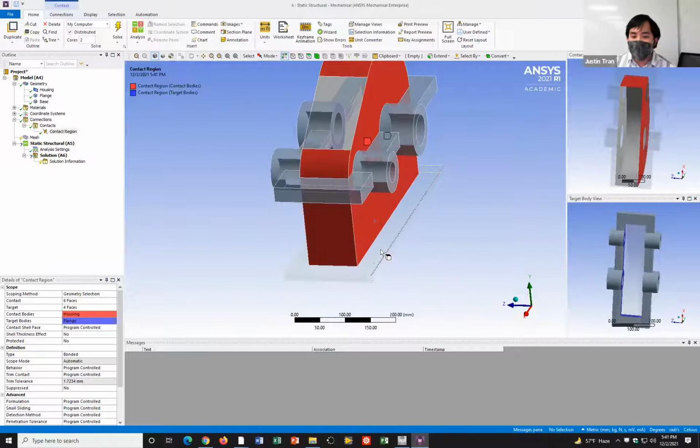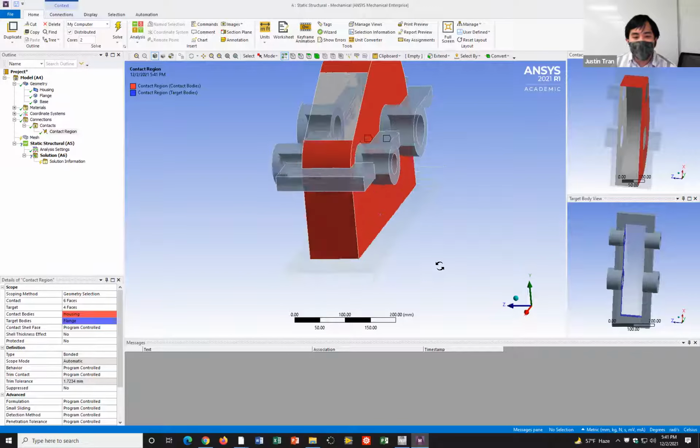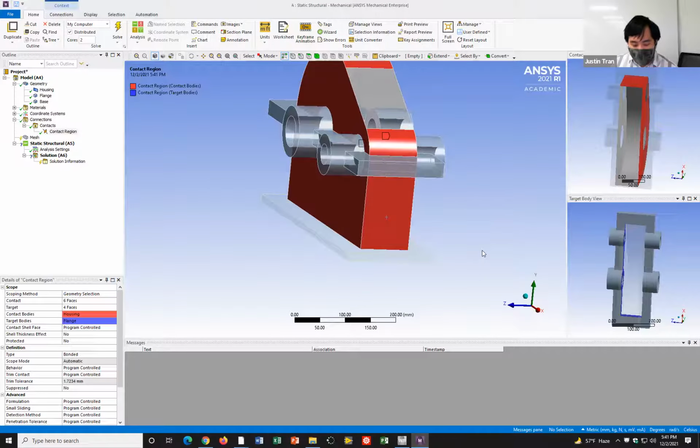But we don't have a contact in between the housing and the base, right? Which is bad because we want to make sure that our housing here stays attached to our base. So right now there is no connection. Is it just not connected right now because it was a shell originally? Exactly, right. And so this is exactly the case for activity 4.